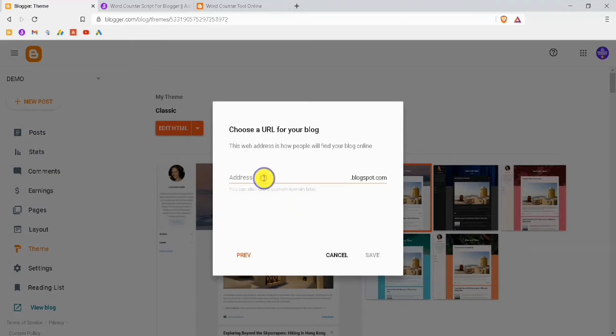So I have given the title as word calculator. Give any URL for your blog. If you already have Google AdSense approval for your main or any other website, use its domain to earn from this tool.